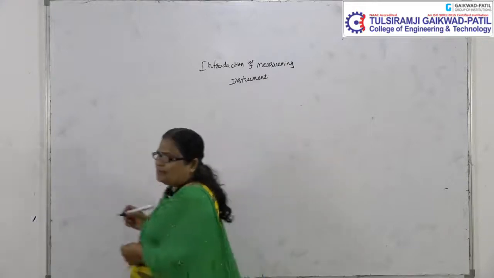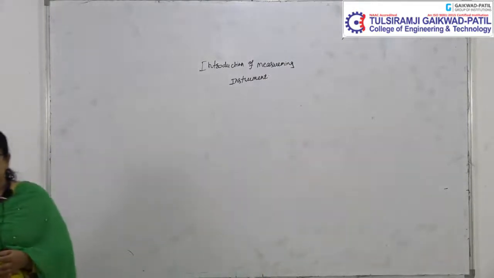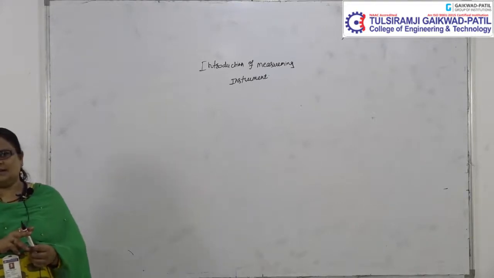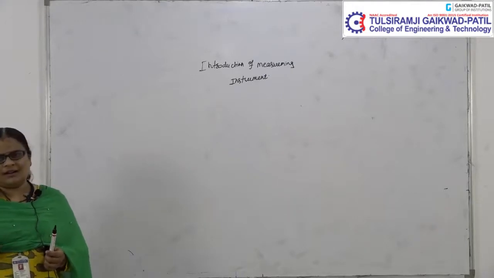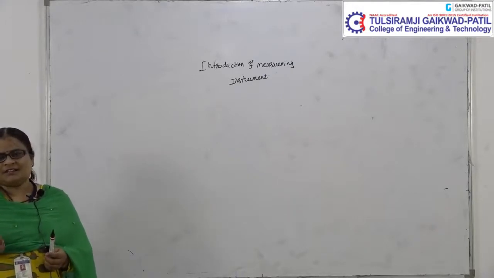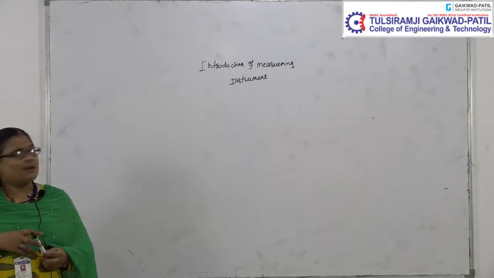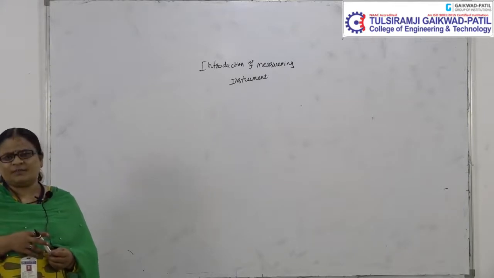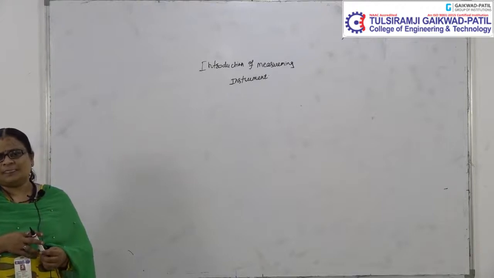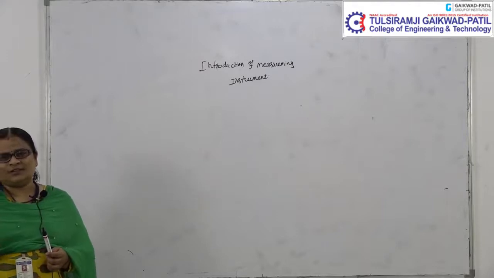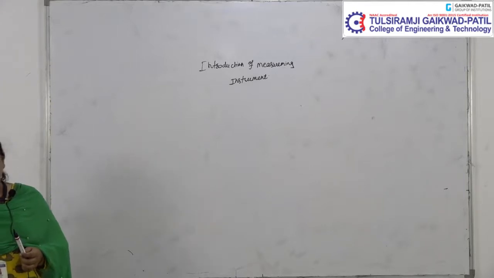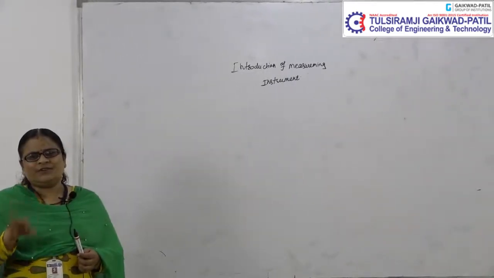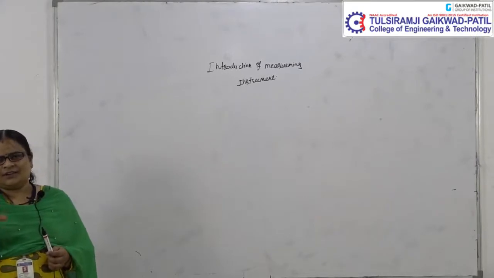Measurement is when readings are to be taken or a linear distance is to be measured, that is called a measurement. There are various parameters used in measurement. The instrument is the equipment which helps to measure the distance or the measurand value, that is called an instrument. So these are the two basic parameters. In the university viva we ask what is the definition of the instrument and what is the definition of the measurement.